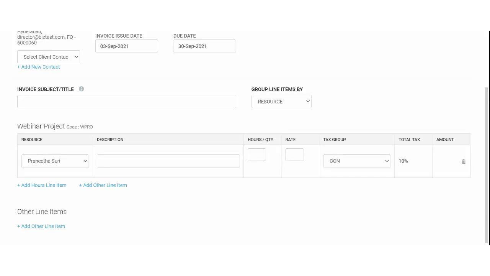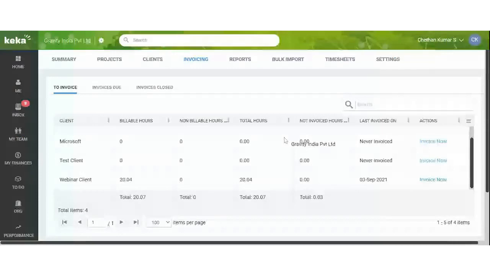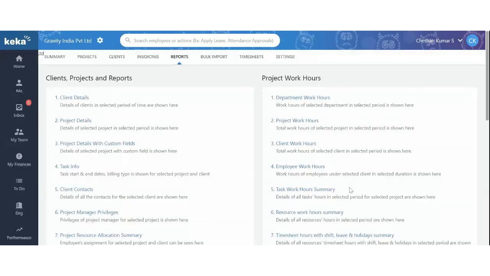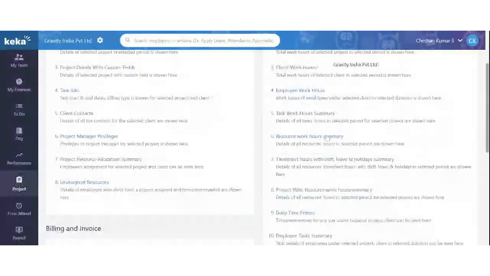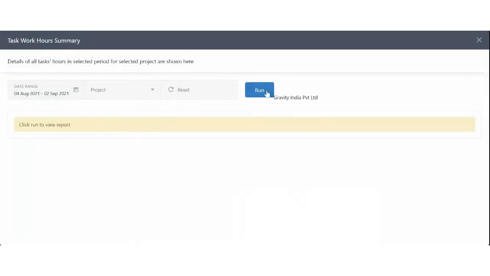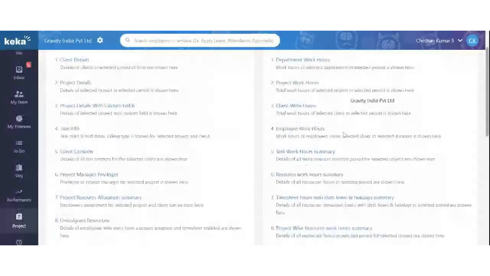Yes, Mahesh. In the timesheet, the whole reason is for us to ensure that employees are wisely utilizing their time, and also to have a record of who's working how much. There could be a case where you need not use invoicing at all. You just want to monitor employee work hours, or under a particular task, how many hours are being logged. All of that can be tracked from here.